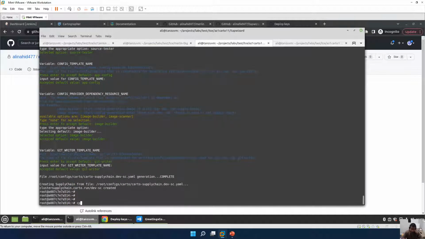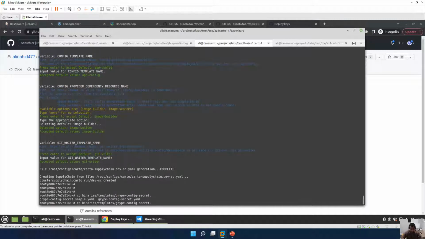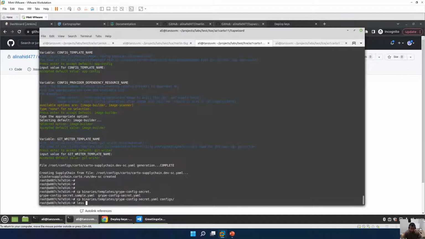There is a sample. Oh, before I do that, there is one other thing that I forgot to add, which is not needed now, but I'll add it anyway, which is the gripe config. So there is a template that exists. So this one, I'll just copy it into the configs section. Okay, and if I have a quick look at that,